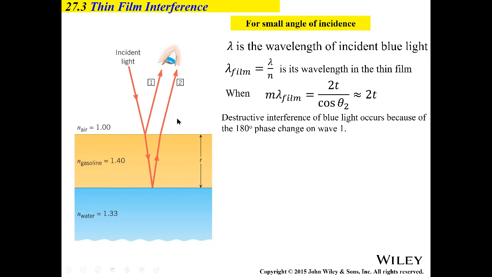Why is that destructive? Because this one had a 180-degree change of phase. All right, and this now says that t is m lambda film over 2,